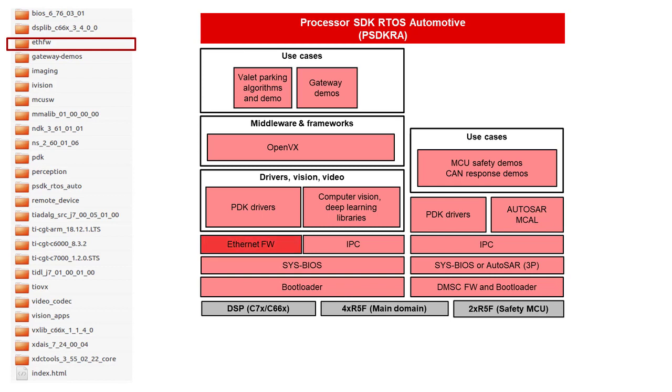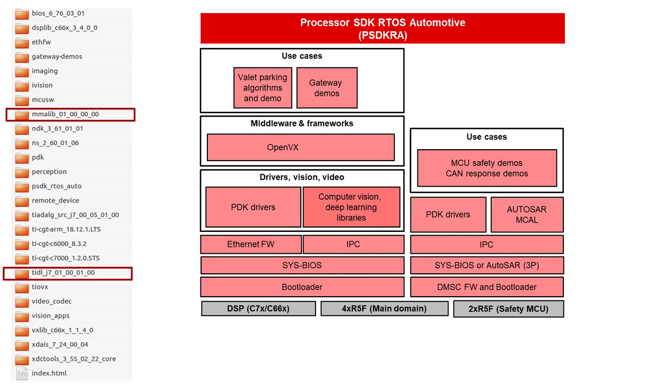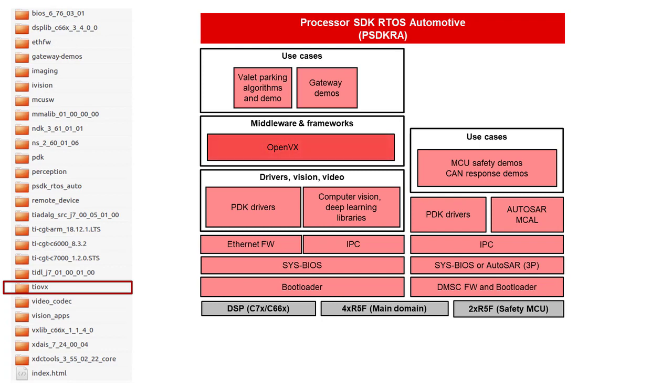Switch firmware is responsible for configuration of the switch and enables clients running from various other CPU cores to directly send and receive traffic through the switch. Computer vision and deep learning libraries that are hardware accelerated are included as separate components under the RTOS SDK. OpenVX enables flexible graph pipelining based approach for realizing vision and compute applications, leveraging the heterogeneous architecture and the accelerator cores on the Jacinto 7 platform. TI's implementation of the OpenVX standard is included under the TI OVX component.